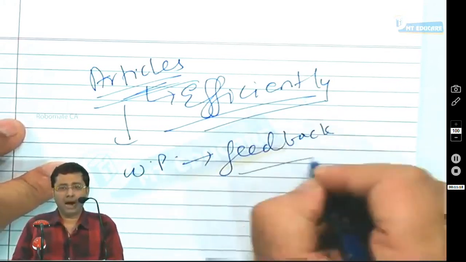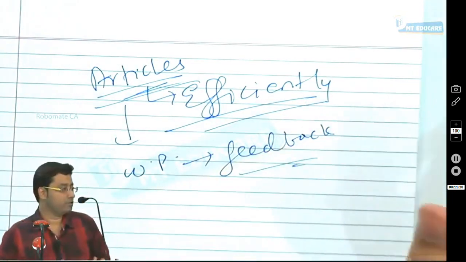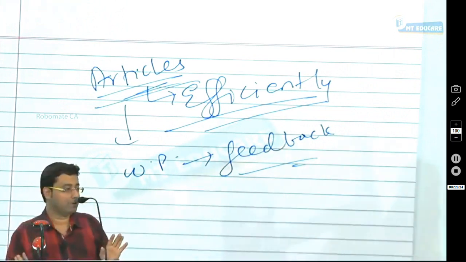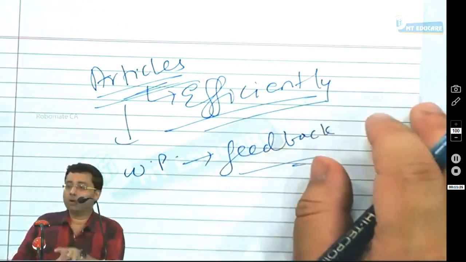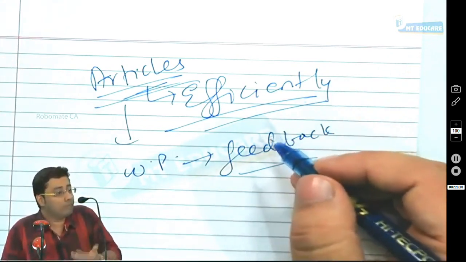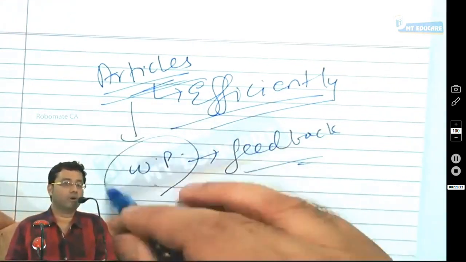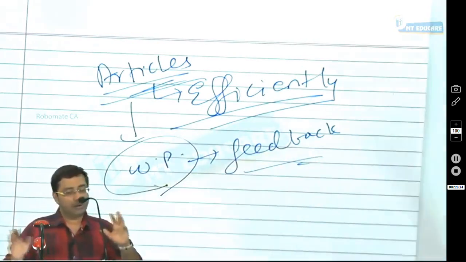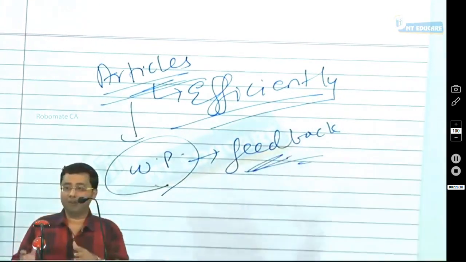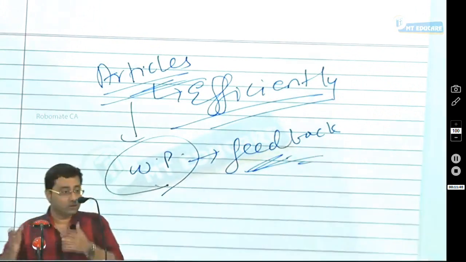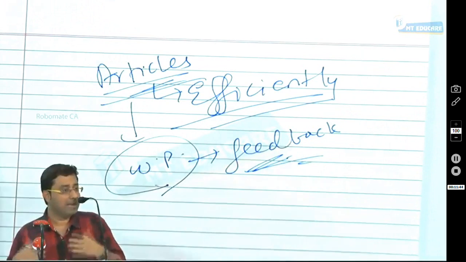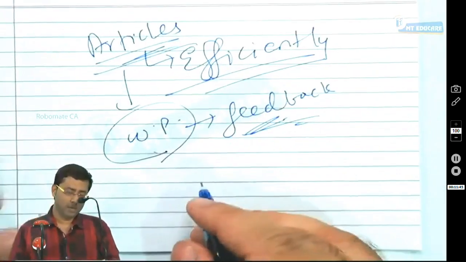I am telling you, the articleship days are the golden days of your CA. You may find them miserable, 3 years we have to struggle under one person. Nothing like that. You get to learn a lot from him. And of course, if you are working efficiently, how will you prove your efficiency? Through your working papers only. And if you are a little inefficient person, or maybe you don't come up to the mark, he may even give you some feedback based on your working papers. So these are the prime reasons why auditors have to make their working papers and keep them for such a long period.